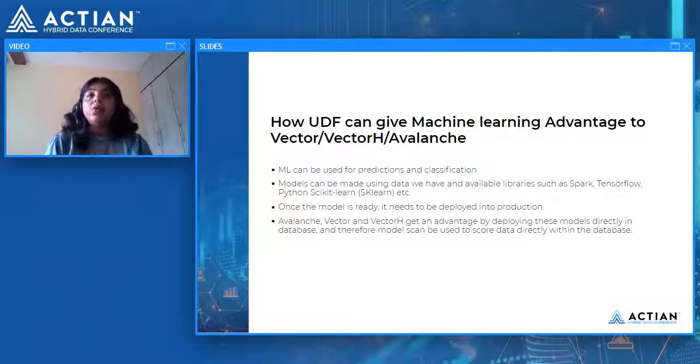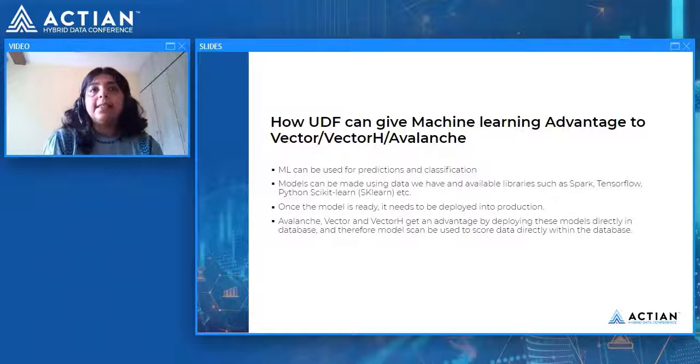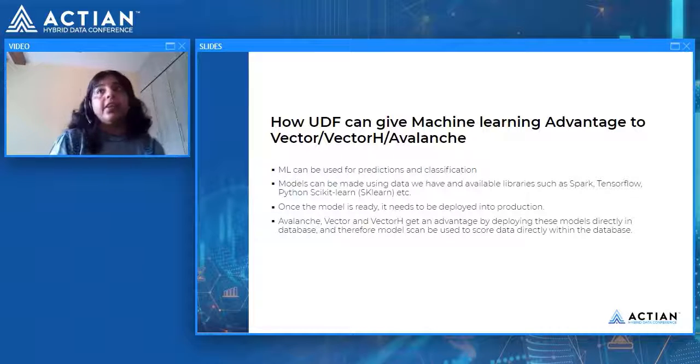So there is no data movement, everything is within the database, and therefore we would get much more speed than if it were deployed anywhere else. Models can be used to score data directly within the database, which gives a very good added advantage, and that is why UDFs are the way to go.